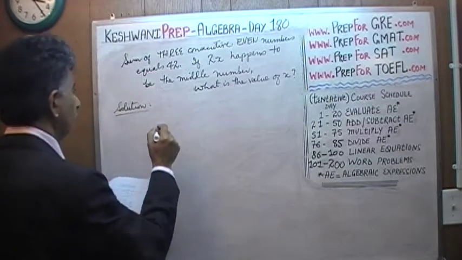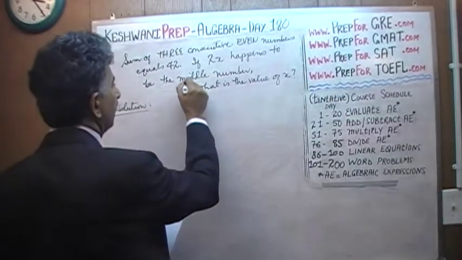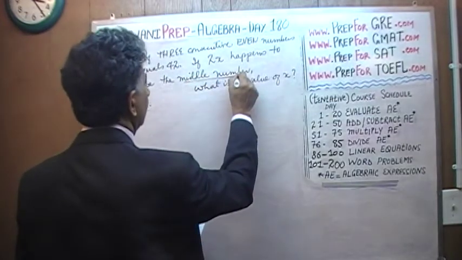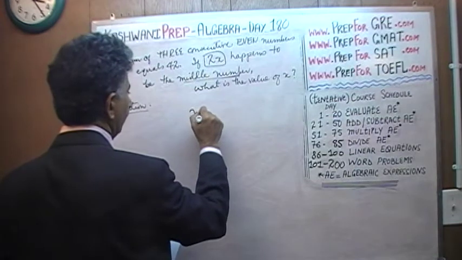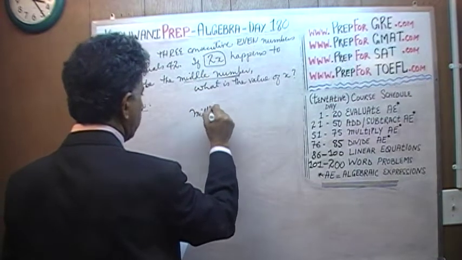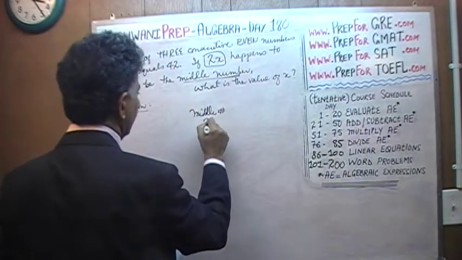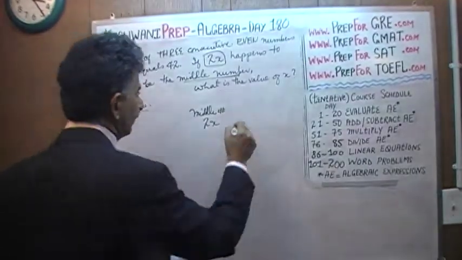Here's the solution. So we are told that the middle number equals 2x. So here's your middle number, which we are told is 2x. If the middle is 2x, then the one after,